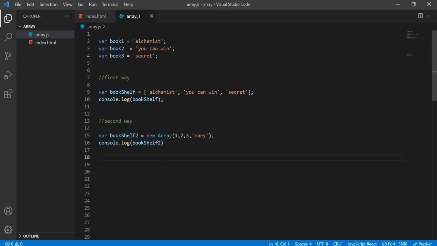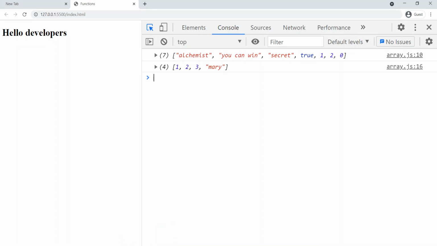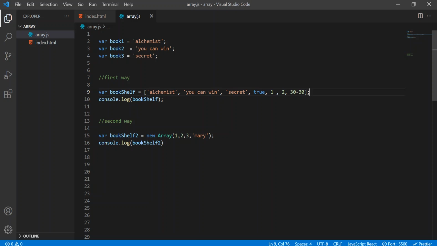Okay, now let's do something. Let's try to store multiple values. So let's take this only. So inside this I will write something called true, and after this I will write 1 and true, and then an expression, something like 30 minus 20. Okay, and did we miss something? Okay, I think everything is there. So let's go to index.html now. So you can see we got different kinds of elements inside the array. Okay, and also we can store objects, we can store functions, we can store again a new array in that. So we can store multiple data type elements and multiple elements, guys.